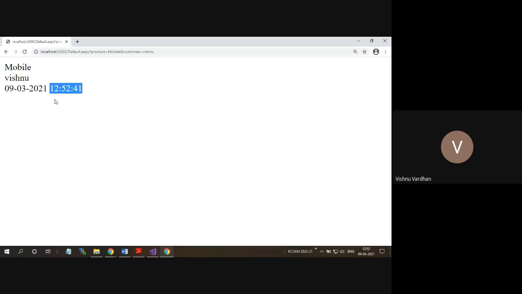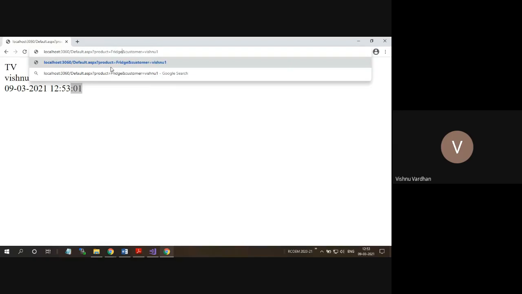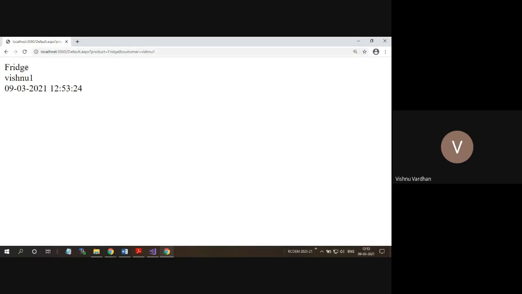This we have already seen in the previous demonstration, but what I want to show is, I want to change this mobile to TV, then it has created a newer version. Before elapsing that timeout, it has created this newer version. But if I am changing this to some other thing, it has not given me the latest response because 01 is there and it is still giving the 01. It has not gone to compilation. Okay. But if I am changing this to some fridge, again, it has gone to the processing. So thereby we are getting the fridge and with the latest statistics.